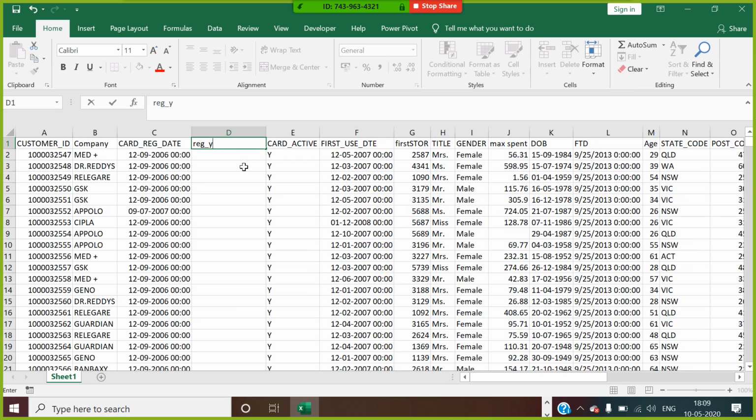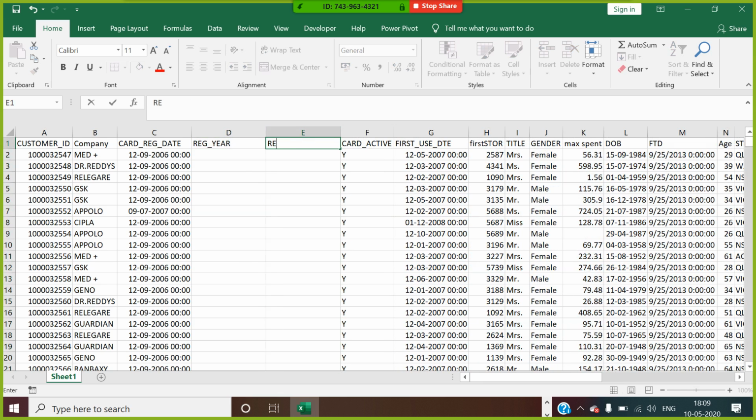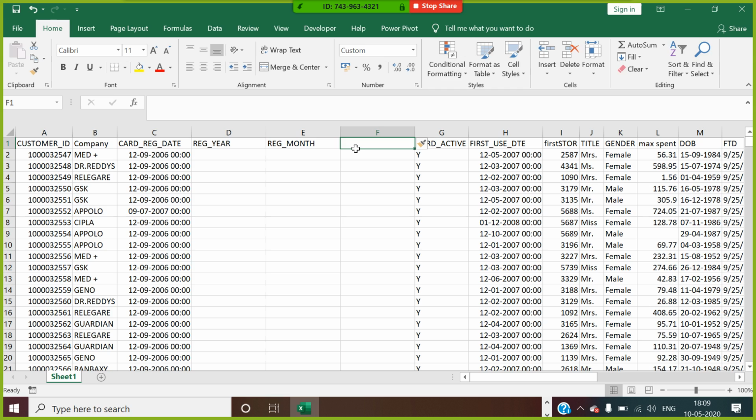I create a new field called registration year. I can add a new field which is called registration month. I can add a new field which is called registration year month field.